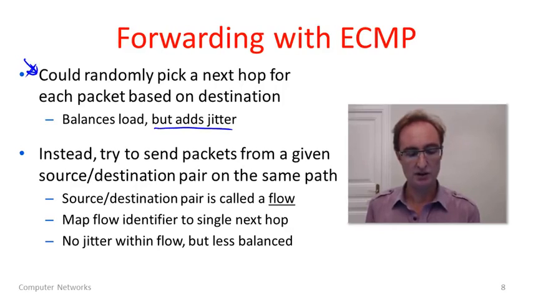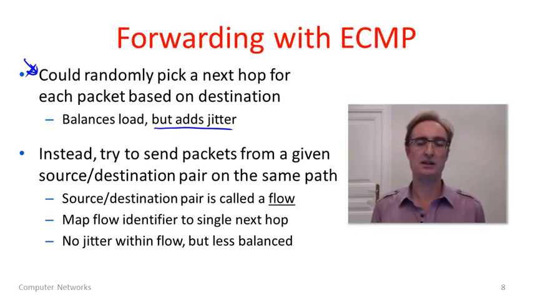However, it adds jitter. Now what I mean by this is that the different packets going from a given source to a given destination might experience quite different delays through the network. For instance, maybe if you send packets 1, 2, 3, 4, packets 1, 3 and 4 will all take a certain choice, which is a shorter path physically. And in terms of cost, it's going to be the same. Whereas packet 2 might randomly be chosen to take a different next hop, which will be a more circuitous route,